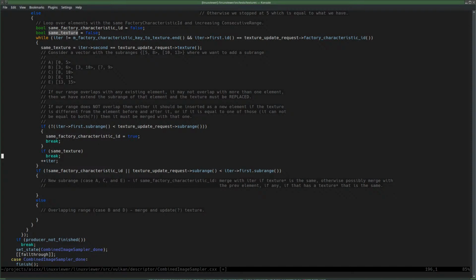And we break as well if it is the same texture. Now here I have